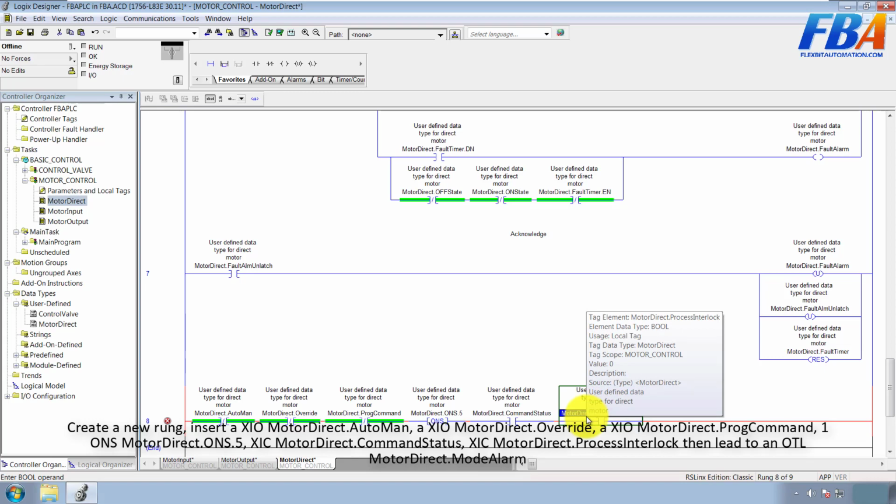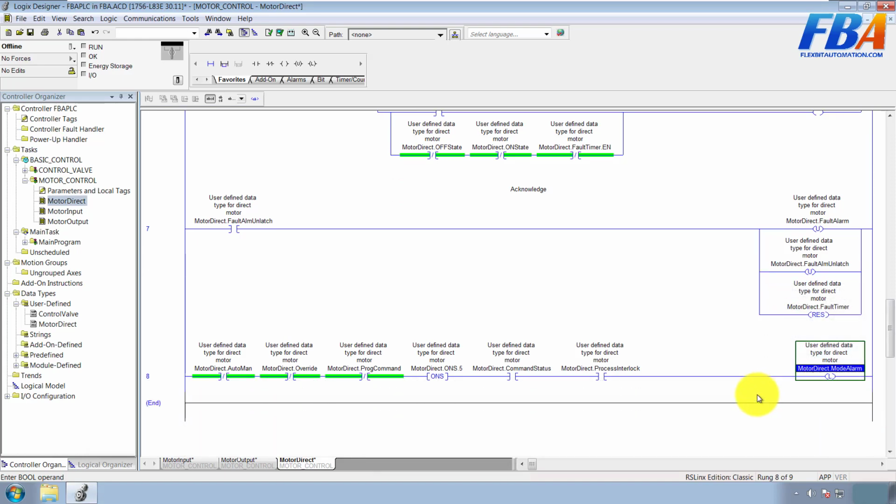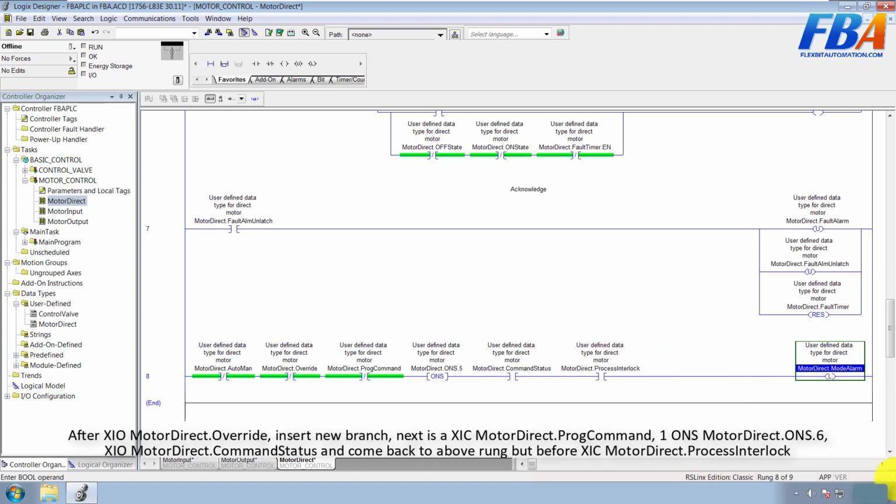Then lead to an OTL motor direct mode alarm. After XIO motor direct override,